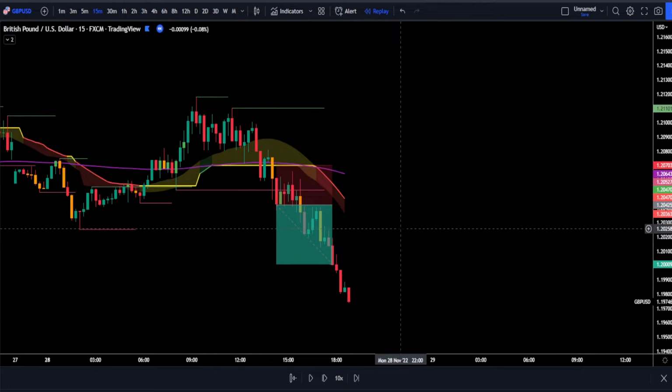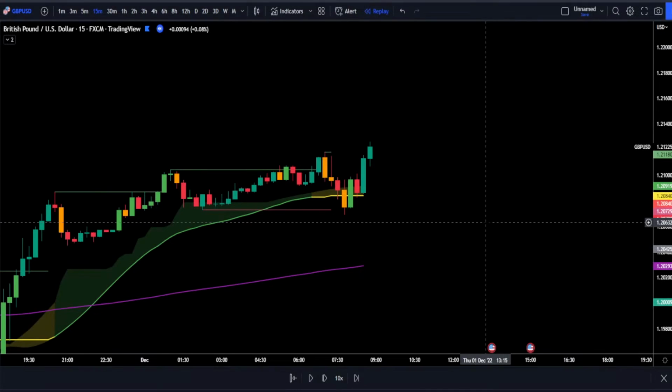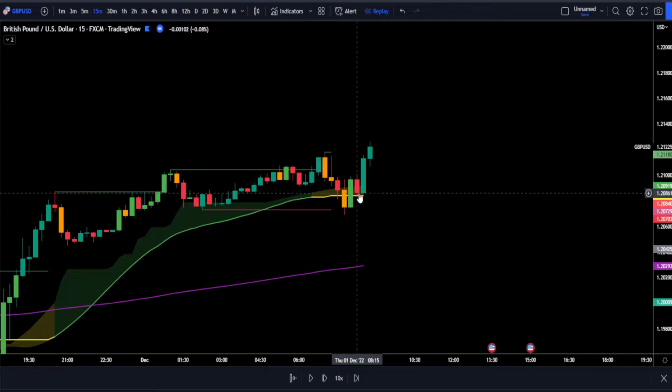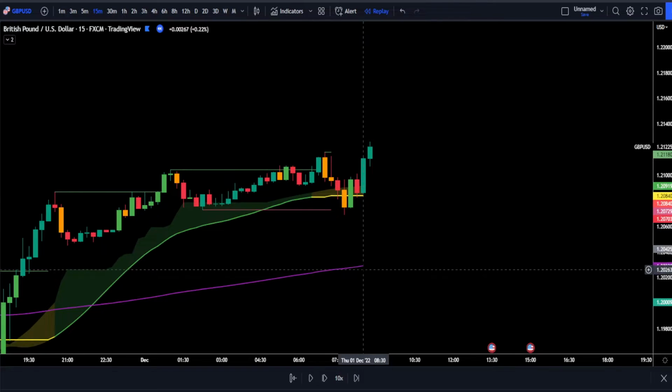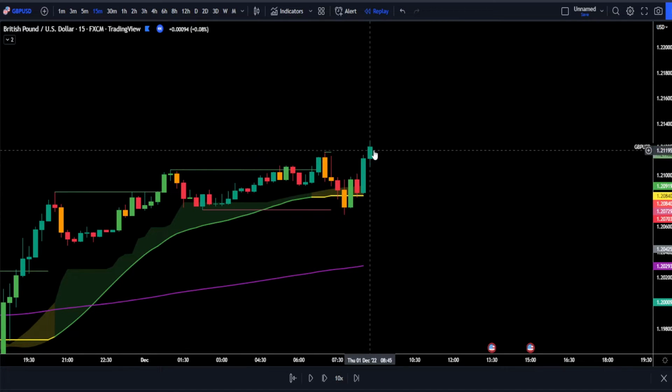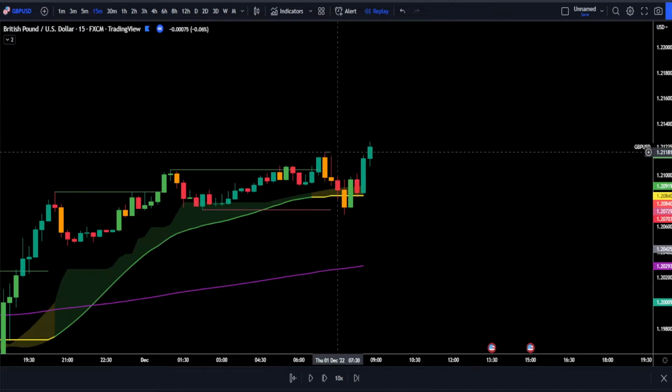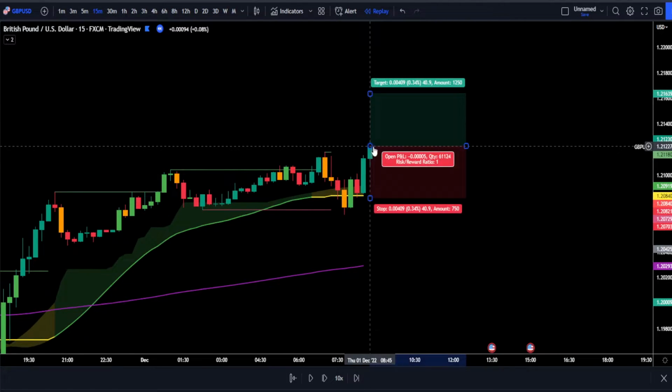As we can see, we had a nice successful trade. The exact opposite rules apply for long entries. So first of all, the price action has to be closed above these 2 moving averages. The 200 EMA has to be positioned below our RSI MA. And the last condition will be to have the price action break above our most recent level of resistance. Once all of these conditions are met, we can safely enter our long trade on the close of our trigger